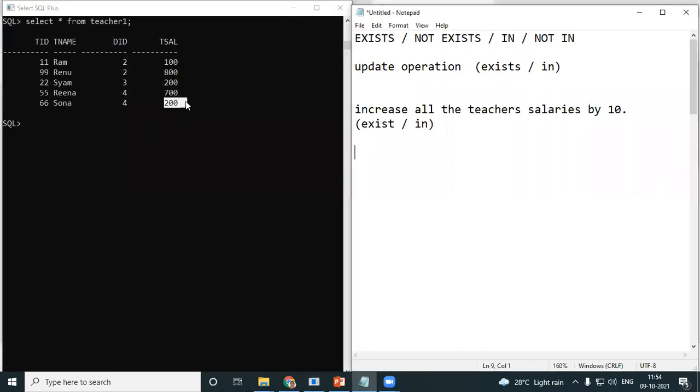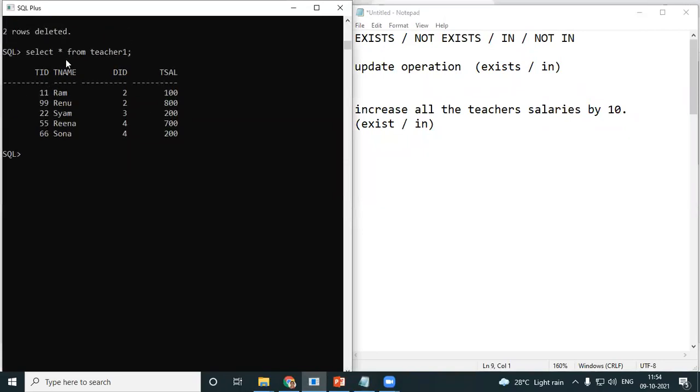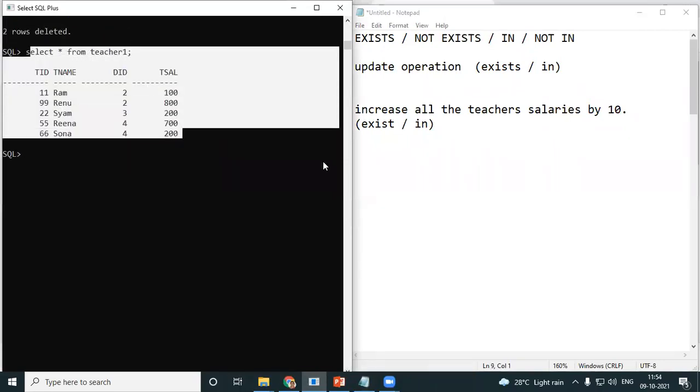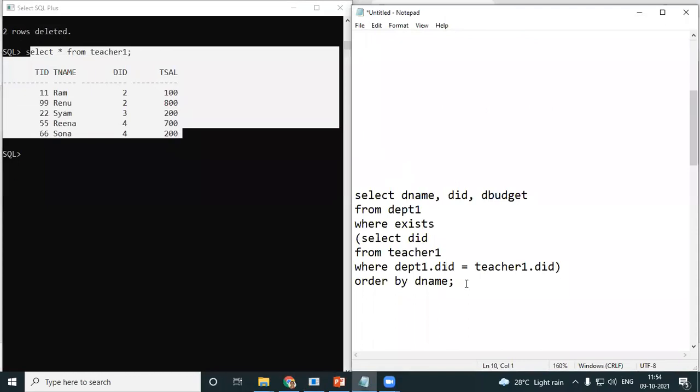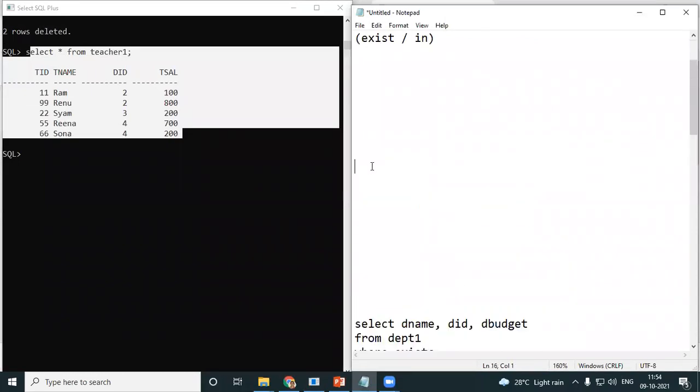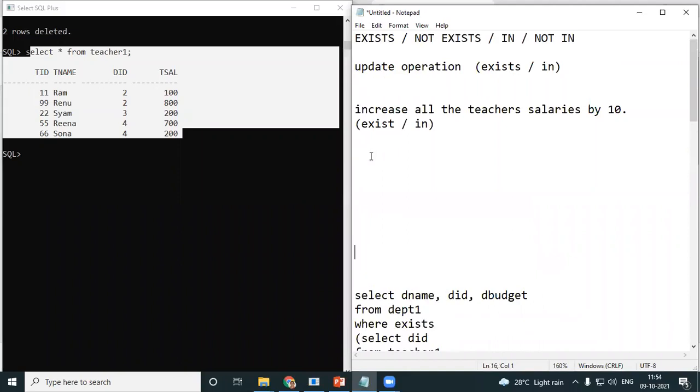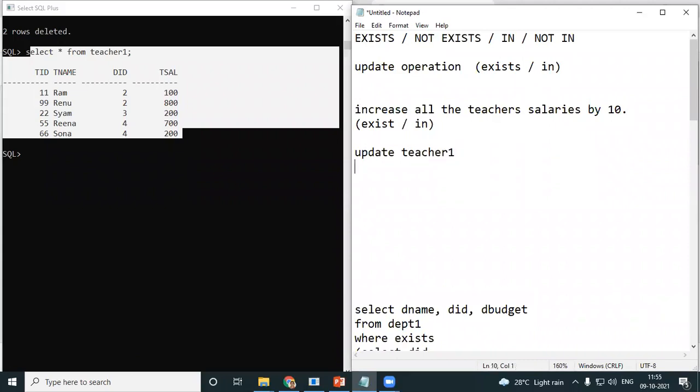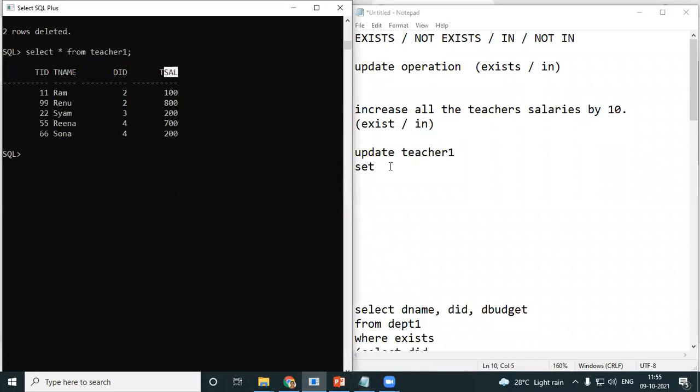Now, look here. Which is the table you need to update? You need to update the teacher table, isn't it? So just take this query here and then write it over here for reference. Okay. I need to update my teacher table. Teacher 1. Okay, this is the table which I want to update. What do I want to do? I want to make the salary TSAL equal to TSAL plus 10.